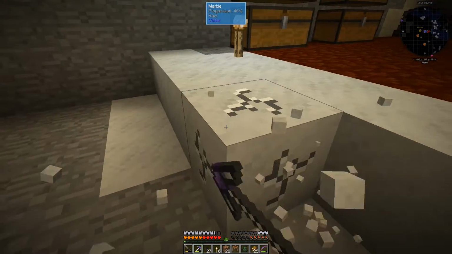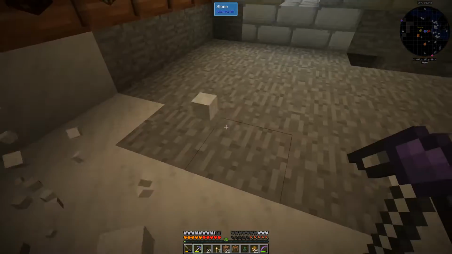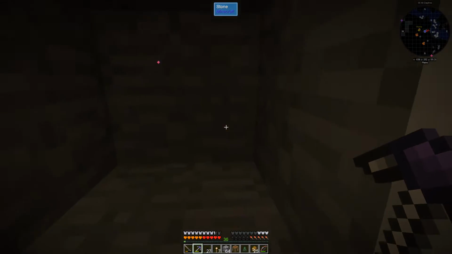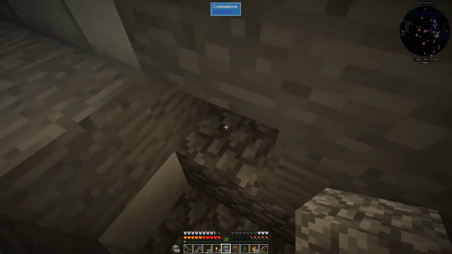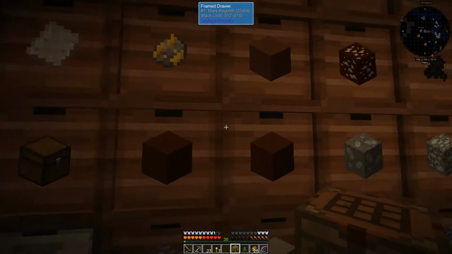Okay, and we'll just go and dig out all of this. Okay, and then let's go fill whatever this mess is down here. I think it's just a hole. It's not like a tunnel or a cave or anything. I think it's just a hole. Okay. All right, perfect. And let's go grab some more...